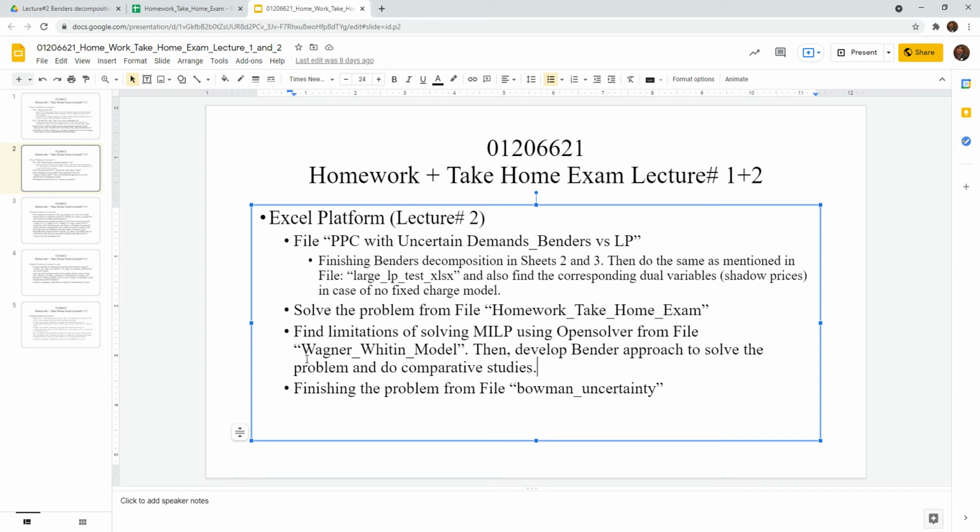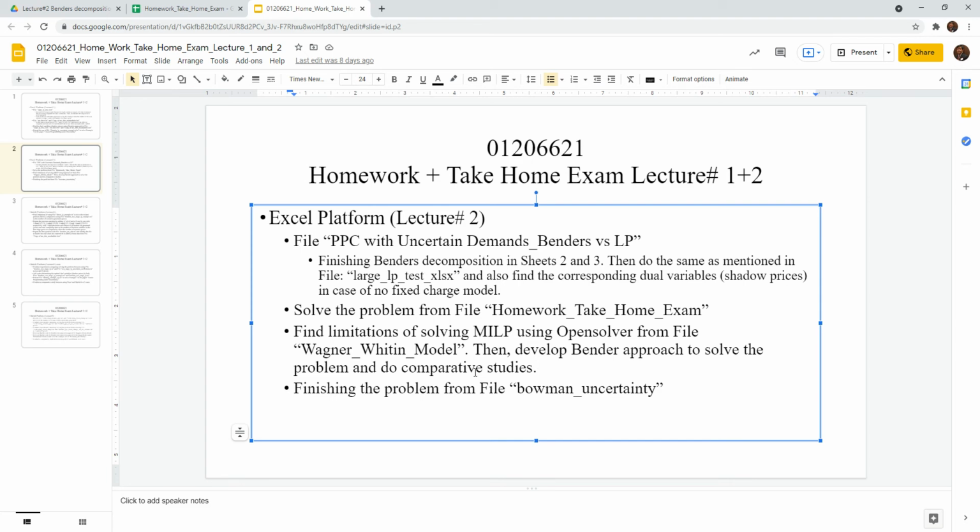But all has to be under the assumptions of Wagner-Whitin in the paper. You might remember that there are certain assumptions